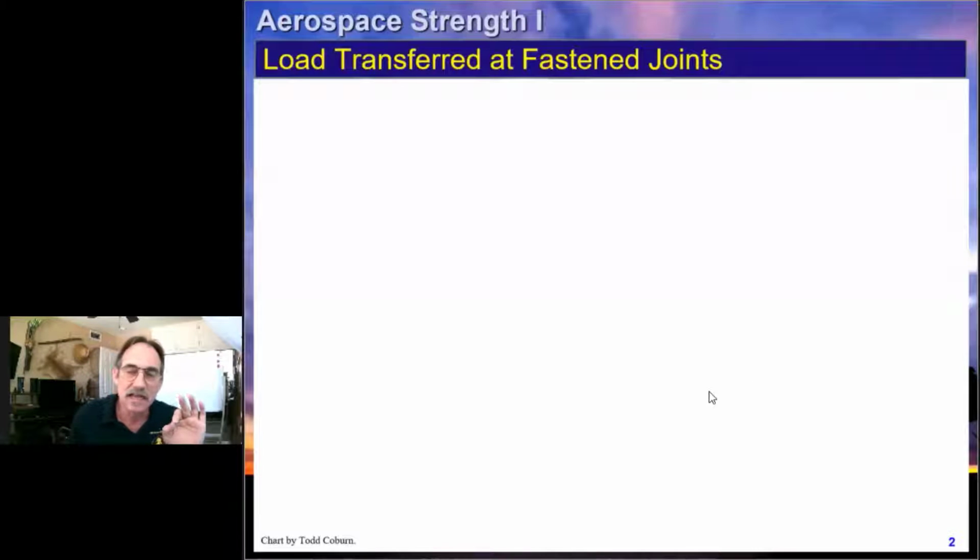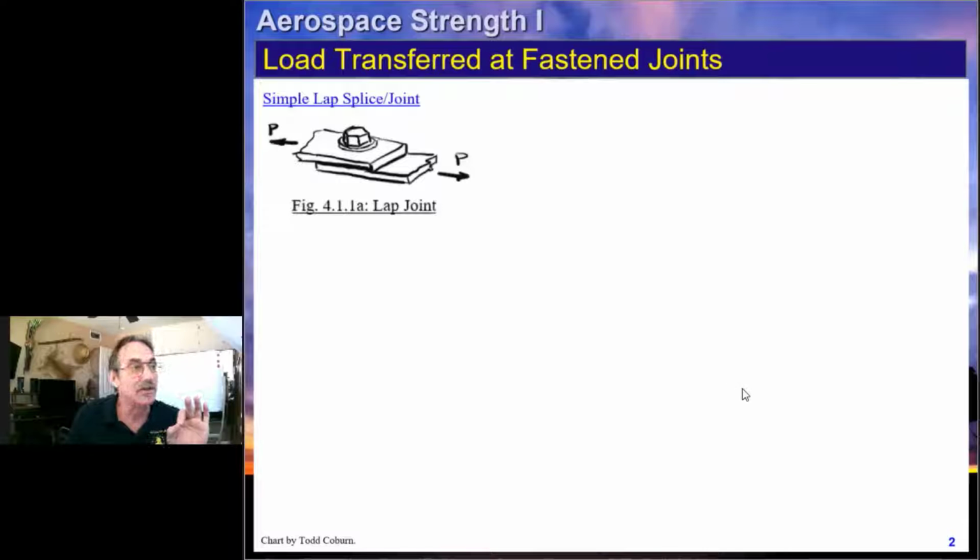So let's take a look at some of the checks that we are going to make. If we have a lap splice, for example, two parts attached together with a bolt or line of bolts, or two skins attached together with fasteners, that's what we would call a lap joint, because there's a lap, two pieces lapping over each other and then fastened together. If we have a force transferring, you can see this lower plate is loaded with a force P, and it's reacted out with the other plate. And in order for those two plates not to slip across each other, that fastener is going to pick up load to hold them together. As you can see, this is a very common